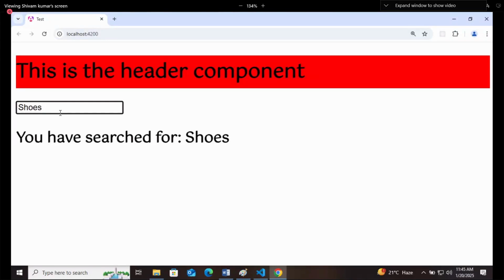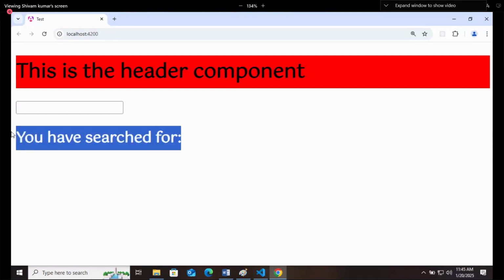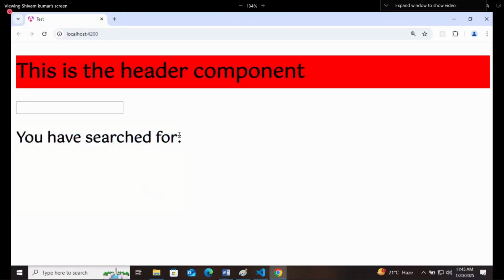Now when you are removing, it gets removed instantly, this also, this also. Now tell me one thing, if I have removed everything from the input box, do we need to display this text? No, but it is coming that you have searched for nothing, and it is not looking good here.